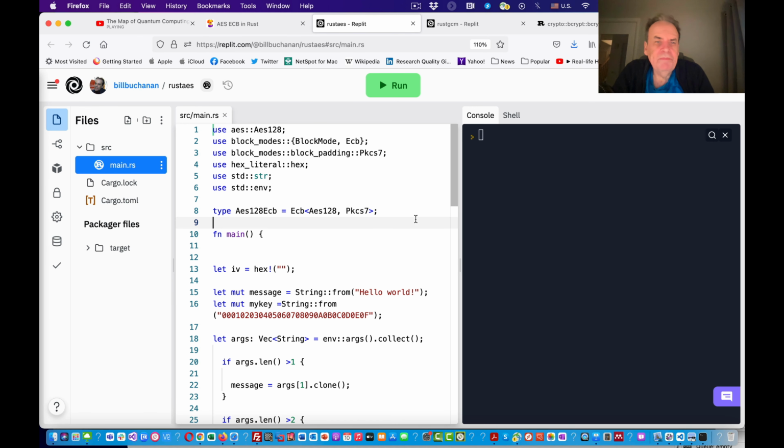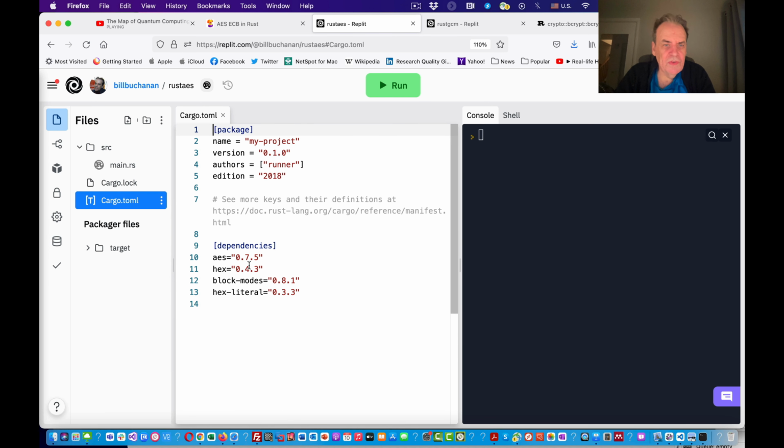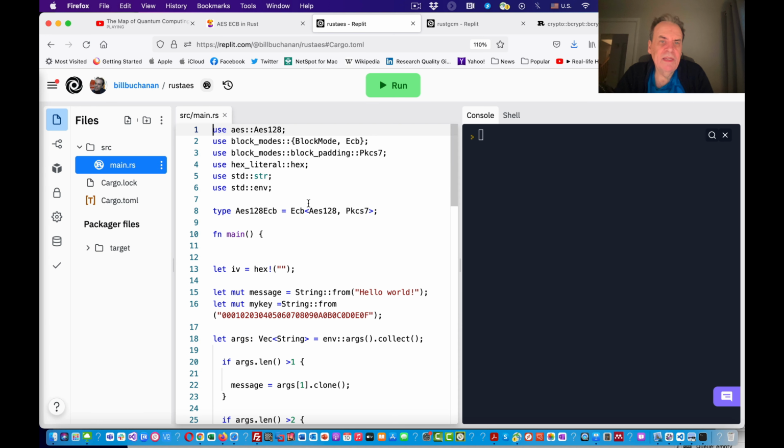Okay, so same thing. This time we look at the cargo file, and we're using the AES integration for the code, and a few other things, including the block mode in this case, which is going to allow us to do the ECB integration.